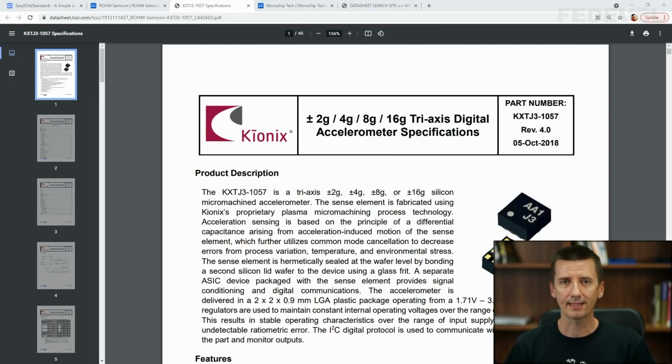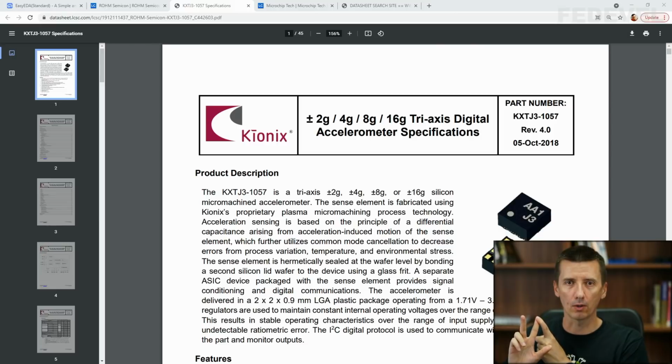Probably the simplest way to check an I2C device is to read its ID. And to read this accelerometer ID, we will need 3 numbers. We will need to know the I2C address of this accelerometer.